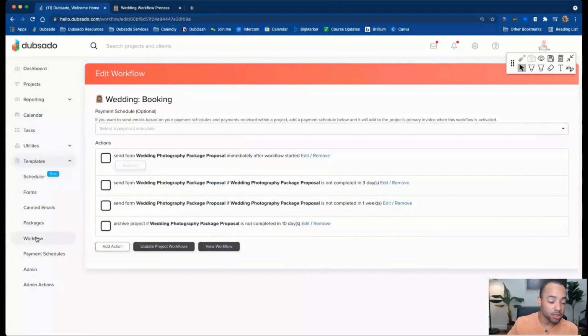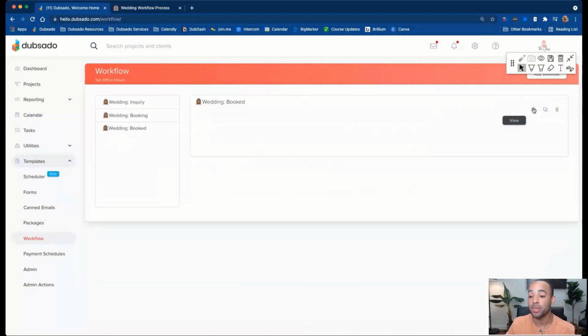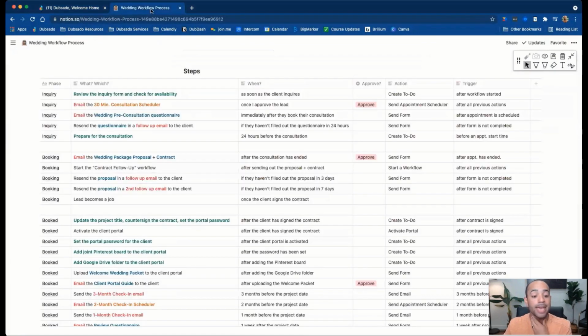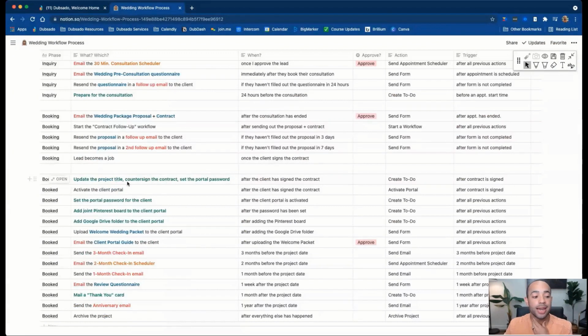So now if we go to templates and workflow, we're going to end here on this last workflow and build out the booked workflow. So in my process, the very first thing that I have here is a task to do 3 different things. Something that can make your workflow a lot shorter is you can combine, if you wanted to put all of these things that you need to do together in one task, you can do that instead of creating 3 different tasks, because that could get tedious checking off all of these different tasks. You can combine them if you want to and just write it out all in one